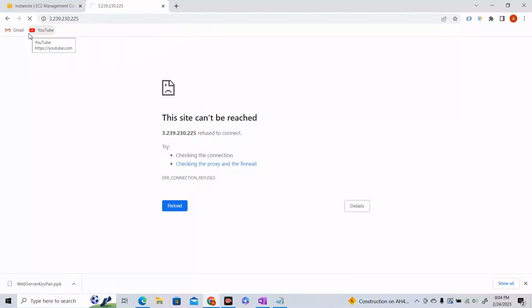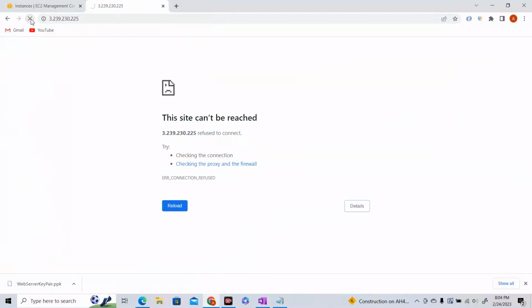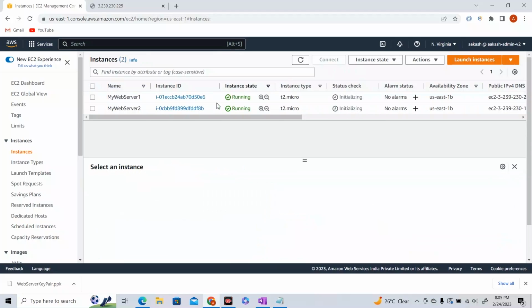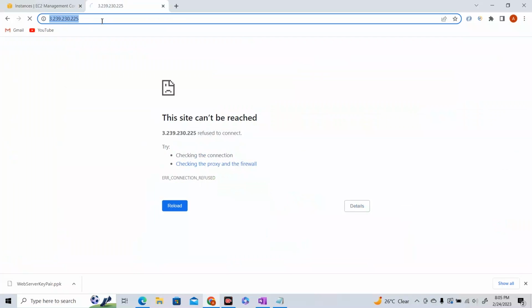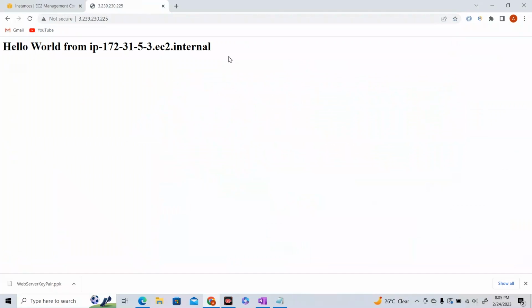The site can be reached. I think it still needs a little bit of time. Let's select this instance. Public IPv4 address is that, http. Okay, now you can see that it is up and running. So it takes a little bit of time to actually install that HTTP server. So yeah, now you can see that using our public IP address we are able to access this EC2